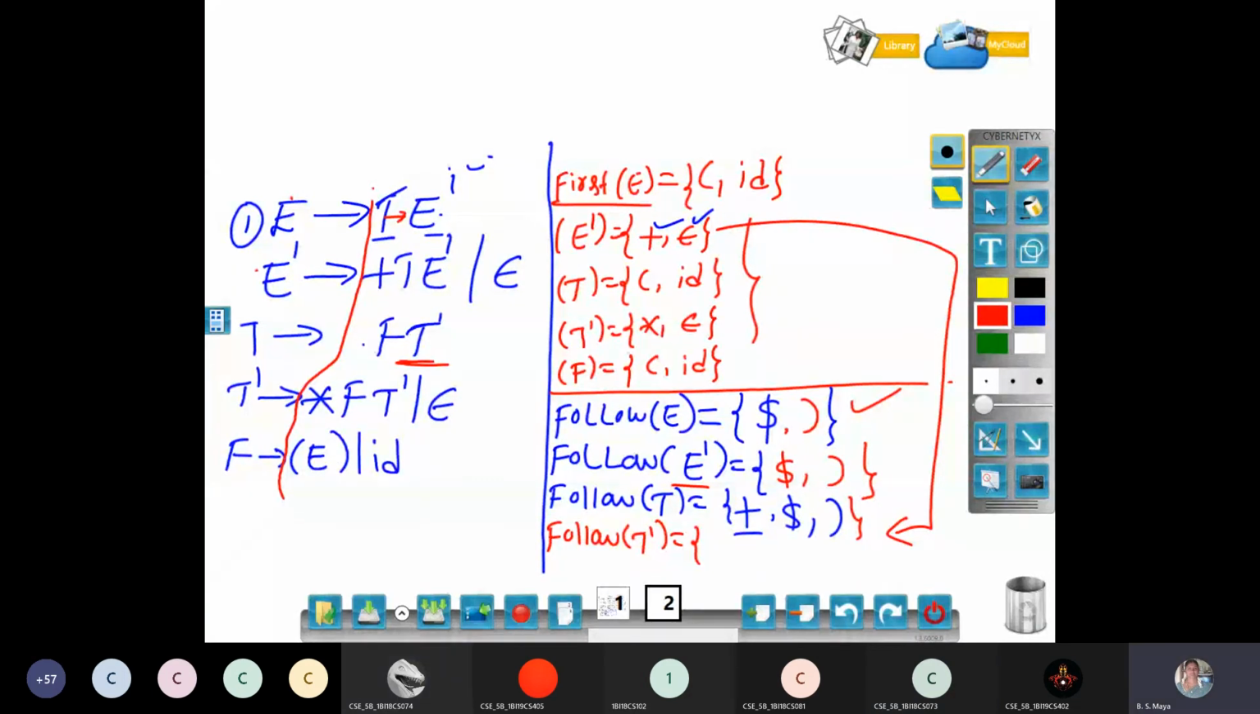What is follow of T dash? Follow of T dash, epsilon. If it is epsilon, what to do? Follow of T we have to add. Because of epsilon, I have to go for the head of the production. What is the head of the production? T. What does T have? Opening parenthesis and